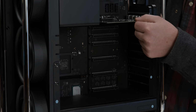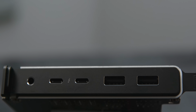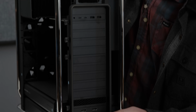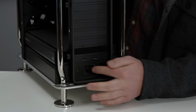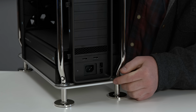One of the slots is pre-populated, and this will be the case in all of the models, by Apple's weird I/O card. So on this card, you'll have 2 USB-A ports, 2 Thunderbolt 3 ports, and a headphone jack. Then at the very bottom of the case, you have 2 10 gigabit Ethernet ports built into the motherboard right next to the power supply. And then above that, whatever GPU you configure from Apple